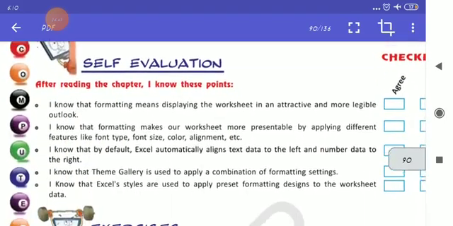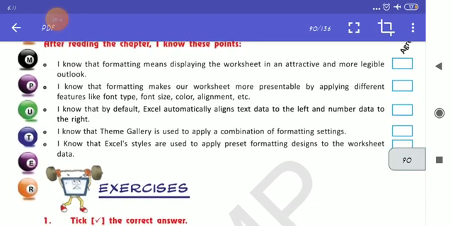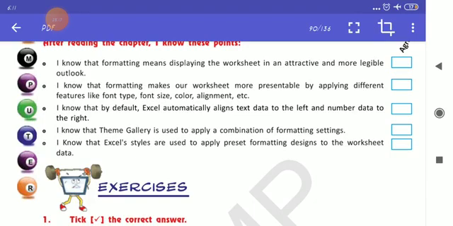Now here, self-evaluation. After reading the chapter, I know these points. Of course, you have got some ideas. I know that formatting means displaying the worksheet in an attractive and more legible outlook. Formatting is what? Giving a change, an effect to your data, whether it's a worksheet or in Microsoft Word, PowerPoint, whatever application software you are using, in that formatting is done.